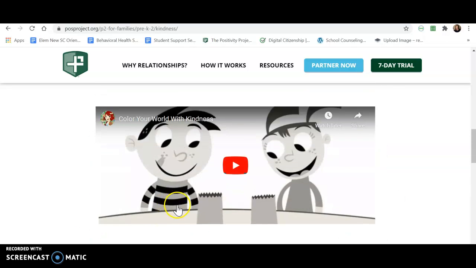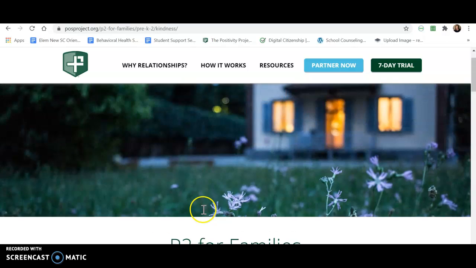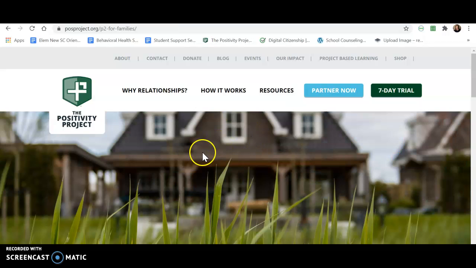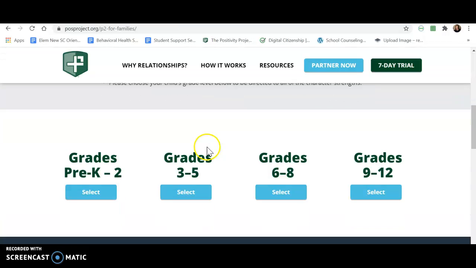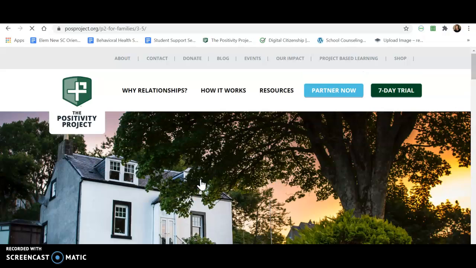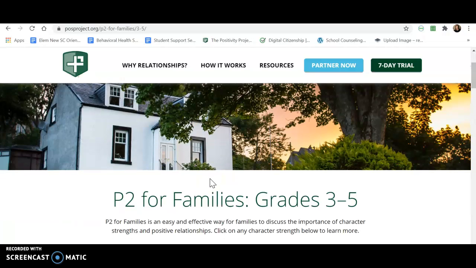If you have more than one student, you simply go back up. You can go back to the P2 for Families homepage. Select the grade range for your other student. We'll do 3 through 5. Once again,